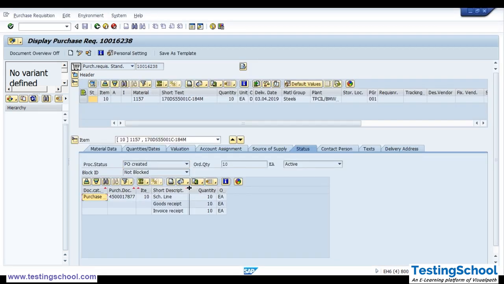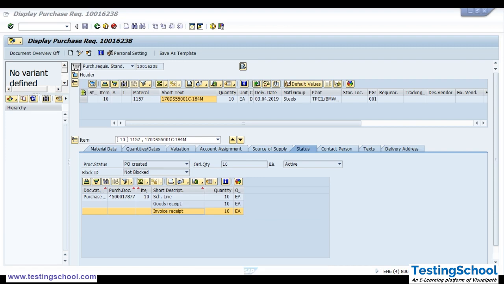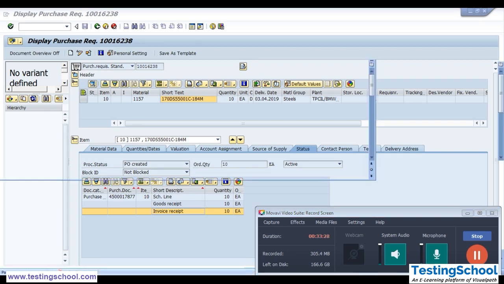See, display purchase requisition, PR. Schedule line, this one. Purchasing document was this. Schedule line this. Goods received happened, invoice receipt is done. So PR, PO, MIGO and everything got updated with the information of what is happening from the point PR is created to the point invoicing is done. So this is called P2P cycle in SAP. We came to an end towards this